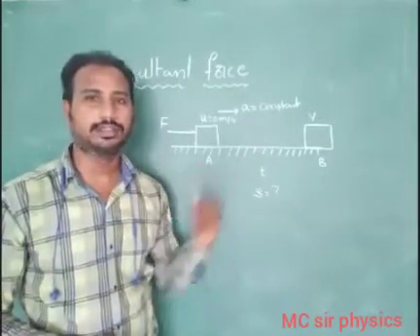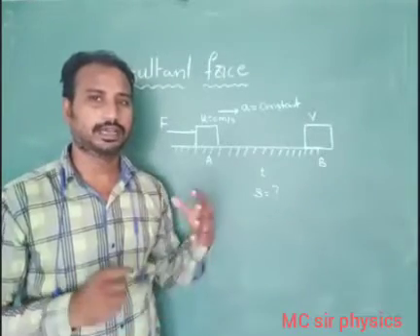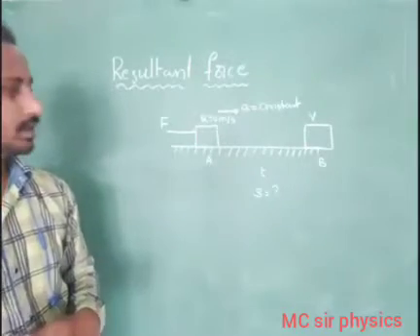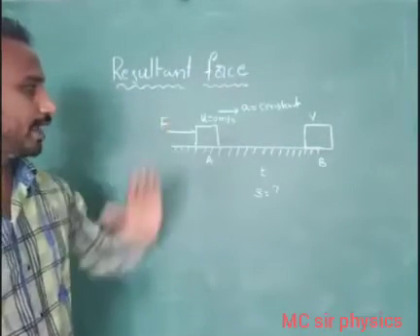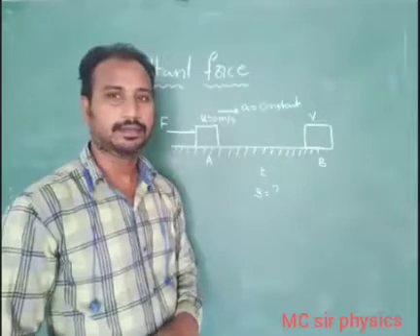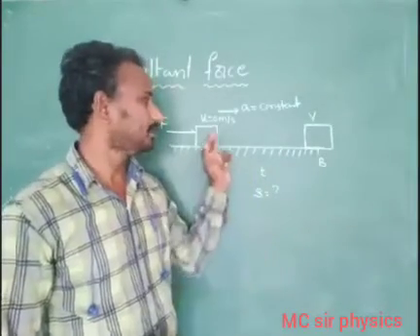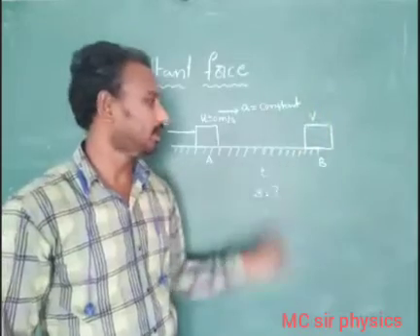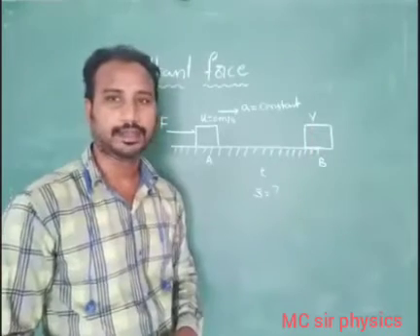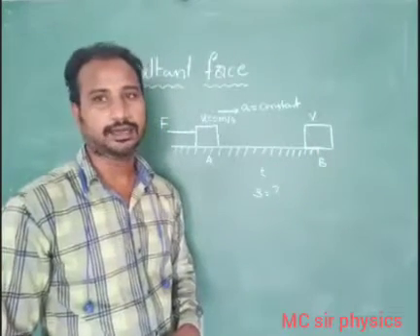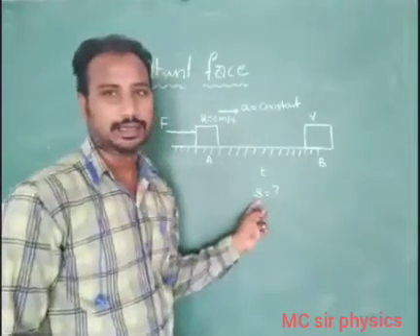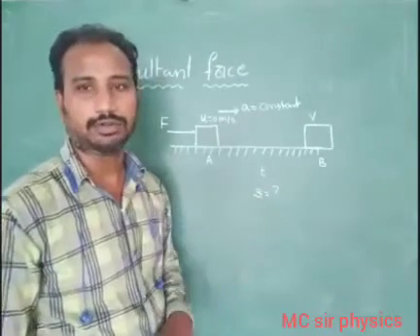It's a very easy concept, but you are getting confused with more information. Just identify that one external force acts on the body, then the body gets constant acceleration. Initial velocity is 0 meter per second, and final velocity is v after time t. Find out the resultant force and the displacement value.